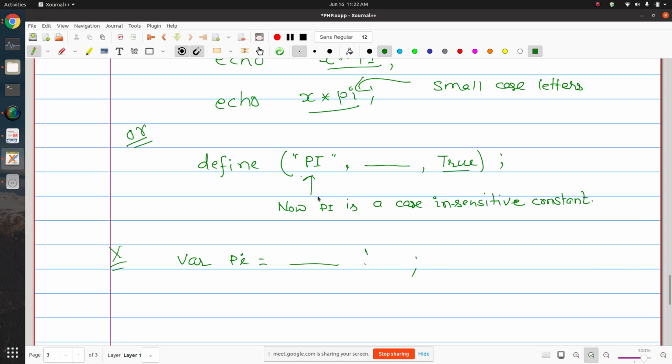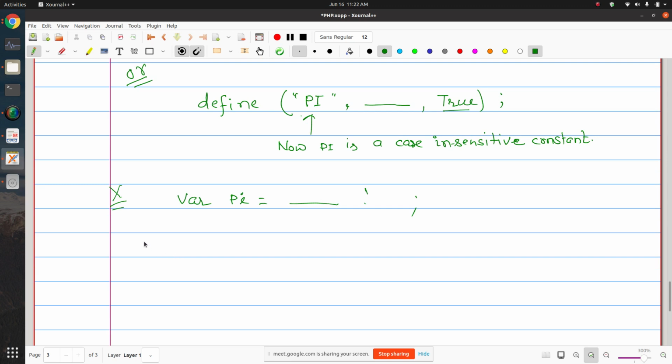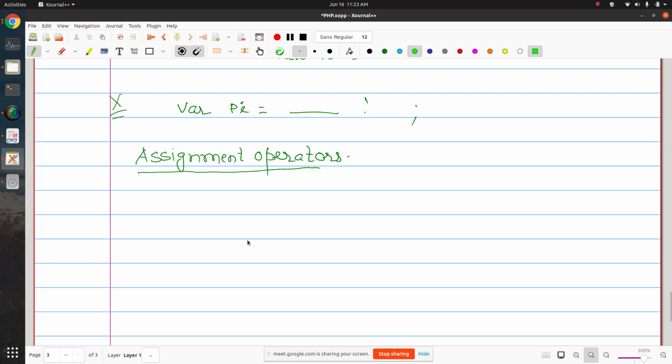Okay, so we have seen some arithmetic constants in earlier class. So now we will see some more operators actually. So let's see some assignment operators that have been defined by PHP. So you just need to remember those operators. Usually you may be already familiar with these operators, because many programming languages define operators in this way, assignment operators actually.